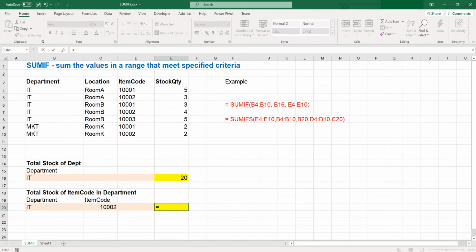Equals SUMIFS, open bracket. SUMIFS is actually very similar to SUMIF, but this time we need to put the sum range first, comma, and select our range of criteria 1,